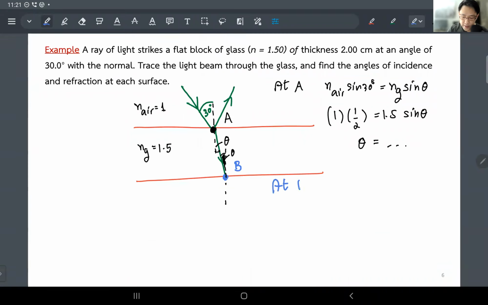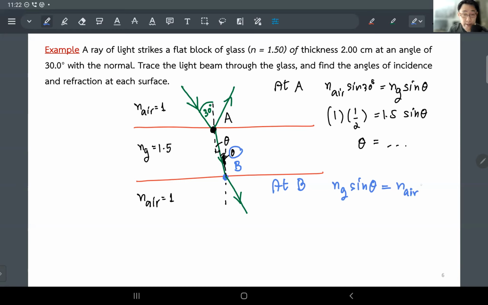So at B, now you try to figure out what happened after this interface. From the look of it, because you come back into the air, n air is 1 again. So at point B, you have the case of coming from a larger n to a smaller n. So you must pretty much go from a smaller theta to a larger angle, right? So over here at B, you're going to have n glass, starting from the upper portion of the interface, sine theta, we already figured that out, equal to, now you come out into the air, so it's going to be n air, and then